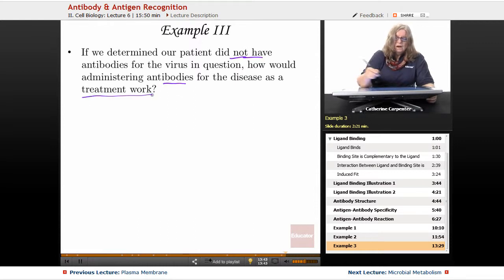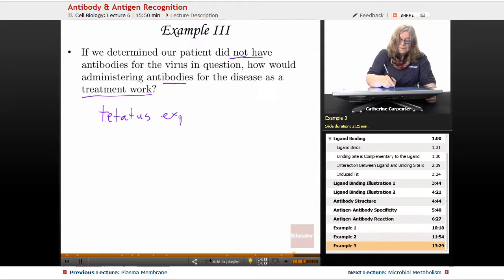So often this is a situation that happens, for instance, if a child or a person steps on a rusty nail, and it's suspected that possibly the individual might be exposed to the tetanus bacteria. And so that possible tetanus exposure is such that